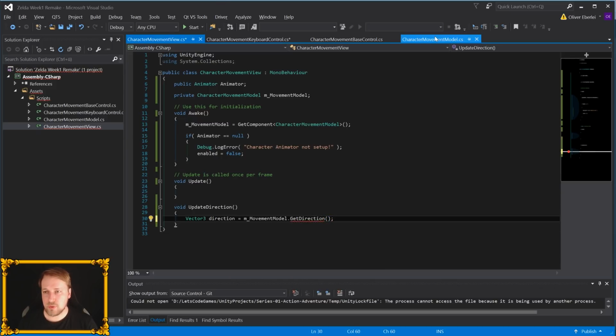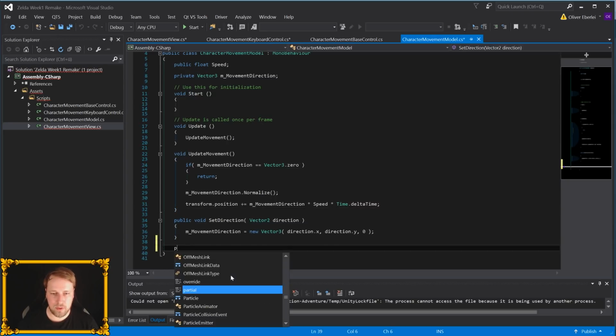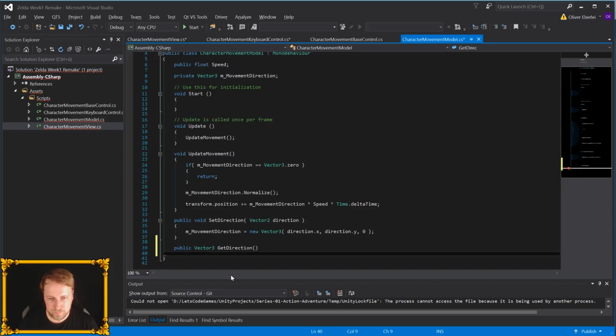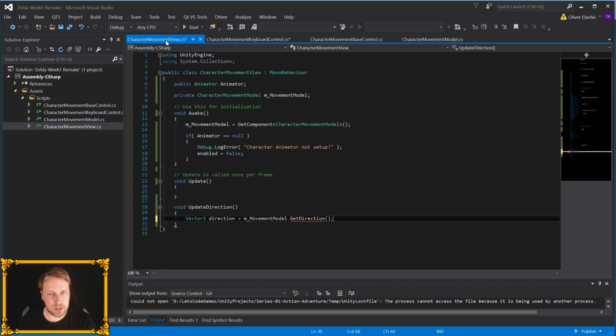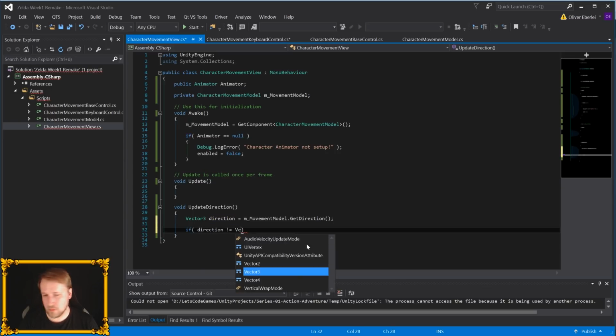So let's go over to the movement model, and in addition to the setDirection method, we also create a getDirection method, and we simply return the movement direction. So this way the view can know in which direction we're facing. So we have the getDirection method. We check if the direction is not 0,